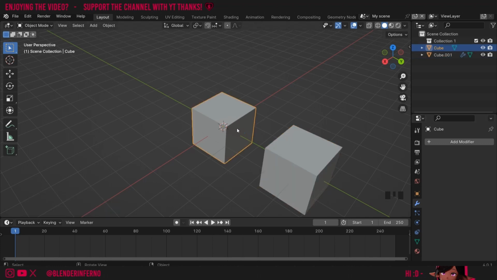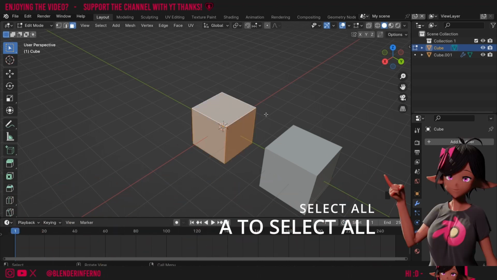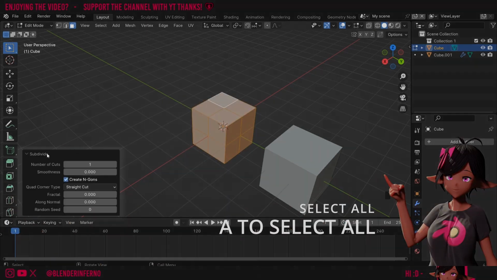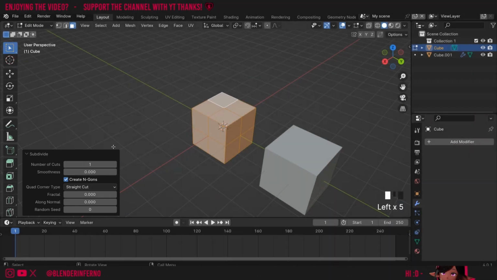Now I'll left click my first object, and I'm going to press tab to go into edit mode. And now you can see we have our 6 faces of our cube. Then I'll right click and left click subdivide. I can also come to this menu in the left hand corner, and this will allow me to change how many cuts I have. Number of cuts won't necessarily correspond the same as the number we choose in the subdiv